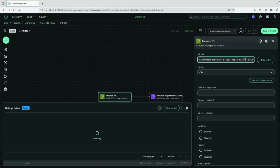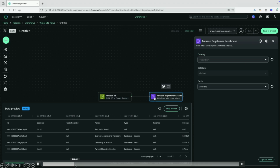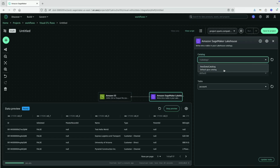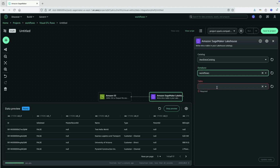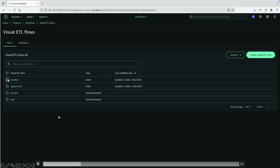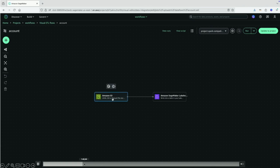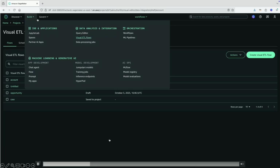So it actually gave the S3 source, and then it catalogs the data into SageMaker Unified Studio, into SageMaker Catalog. One reason we do this is because we want to query the data. But here's the thing, right? We have 3 files, so we have to create 3 jobs. We have to run those jobs. We have to catalog the data. And here's the first place where orchestration can come in, right? So here we already have created those 3 ETL pipelines. And then, I'm mindful of time, so